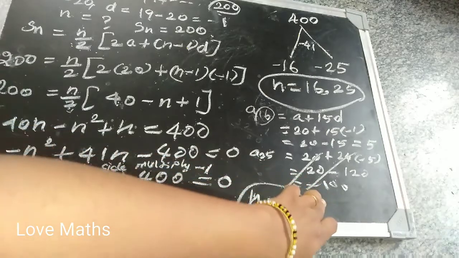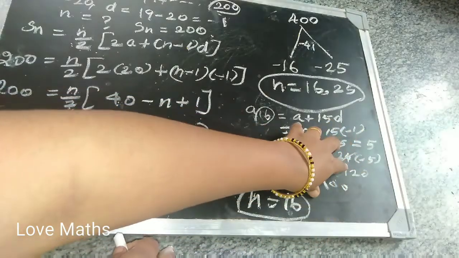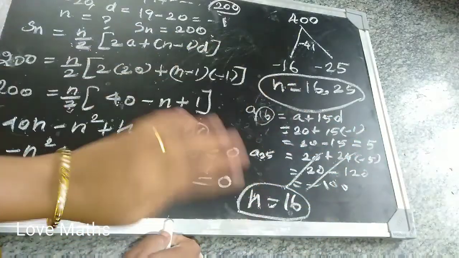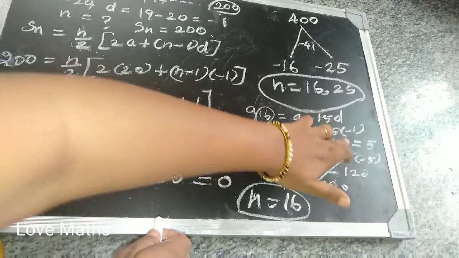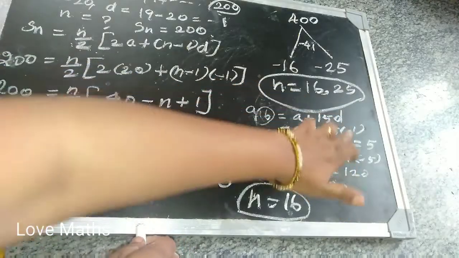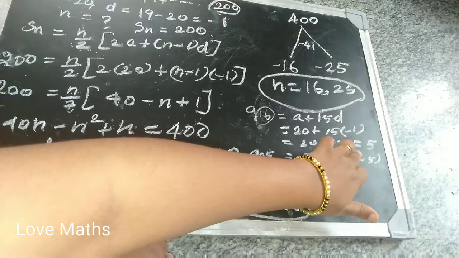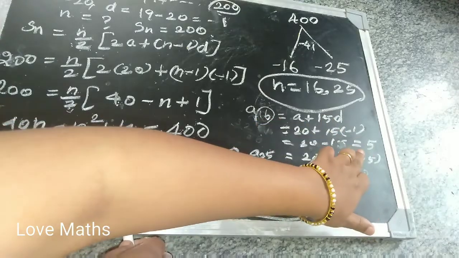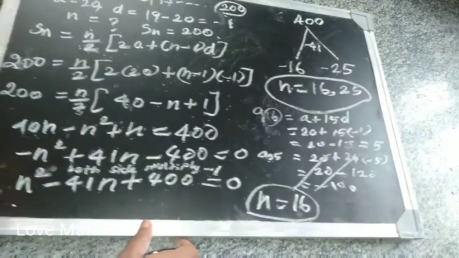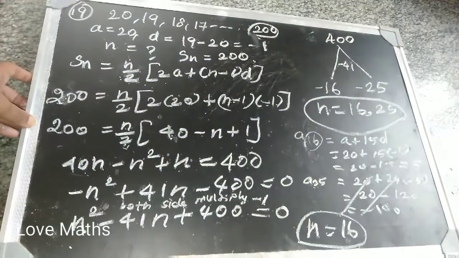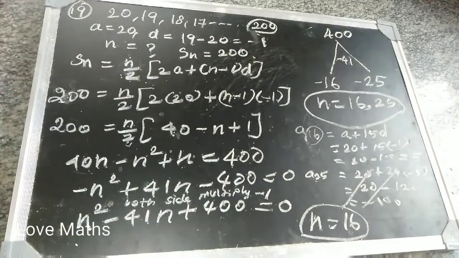Why is it not 25? You are understanding, the answer will come negative. Arrangement of logs does not come as a negative, so you take the positive value. This 16 and 5: the number of rows is 16, and in that 16th row there are 5 logs. This is the meaning. Okay, do you understand, children? Just see the ones you can understand very well.